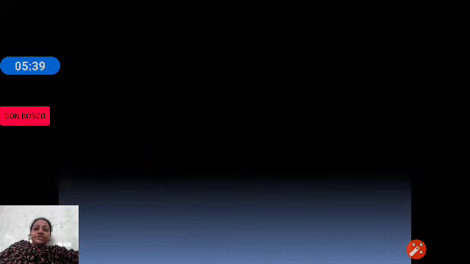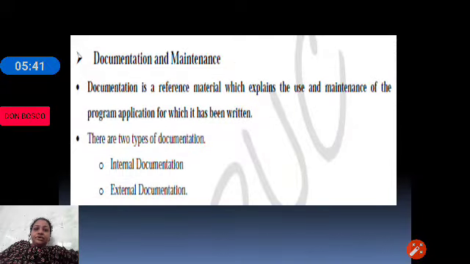So, let's continue today's session with the topic called documentation. What do we mean by documentation? Once the program is written, executed, and we check for errors and test that the program works in all conditions, next is documentation.